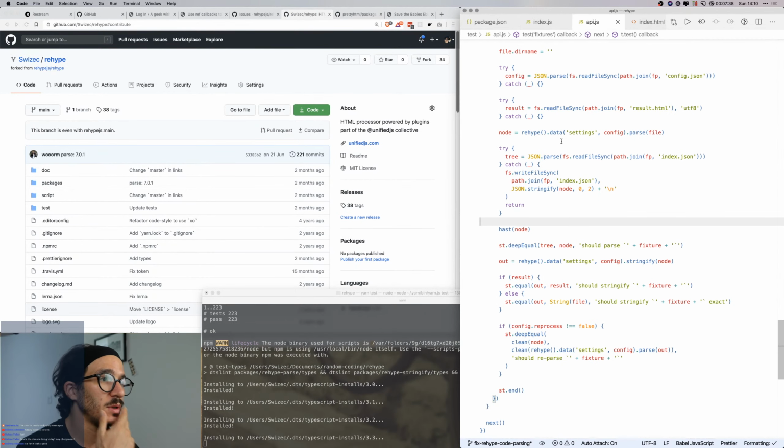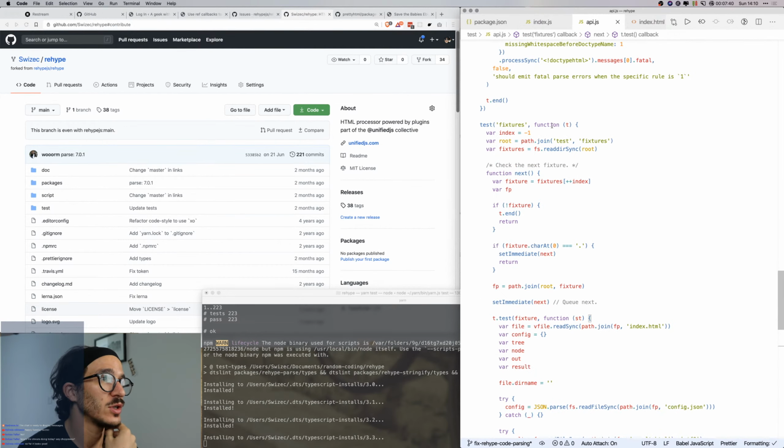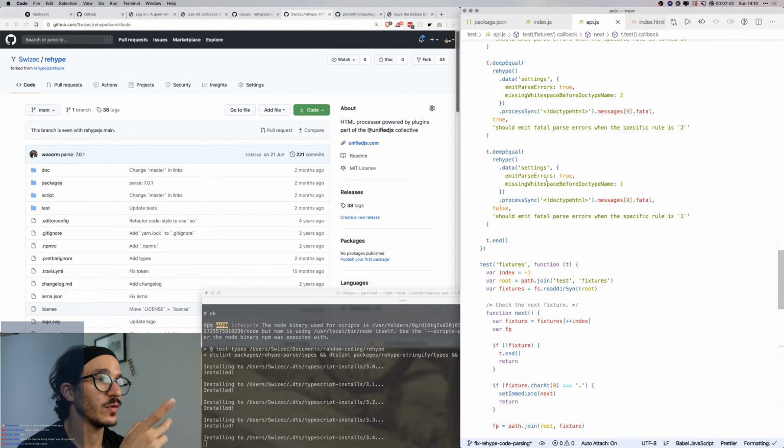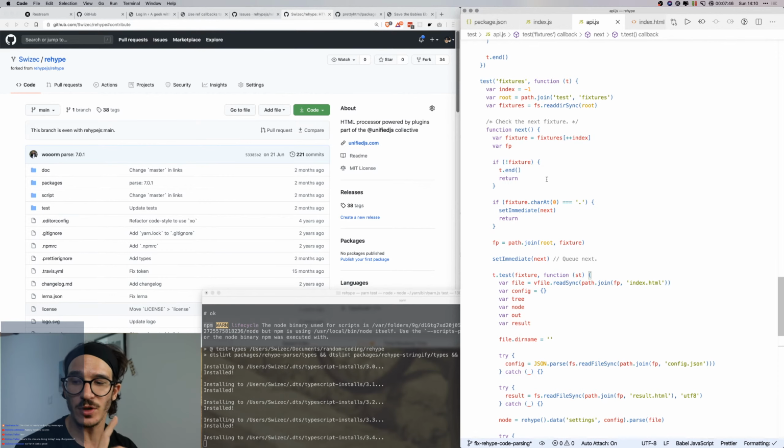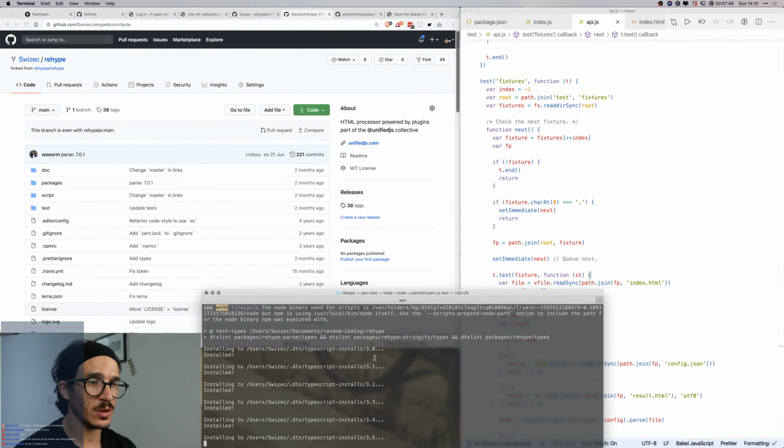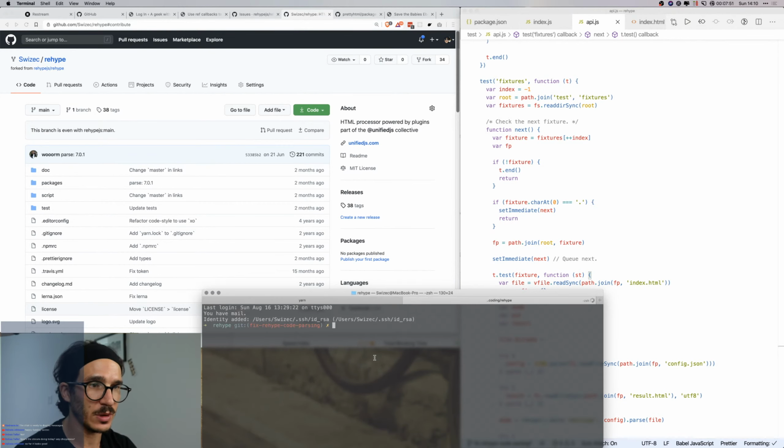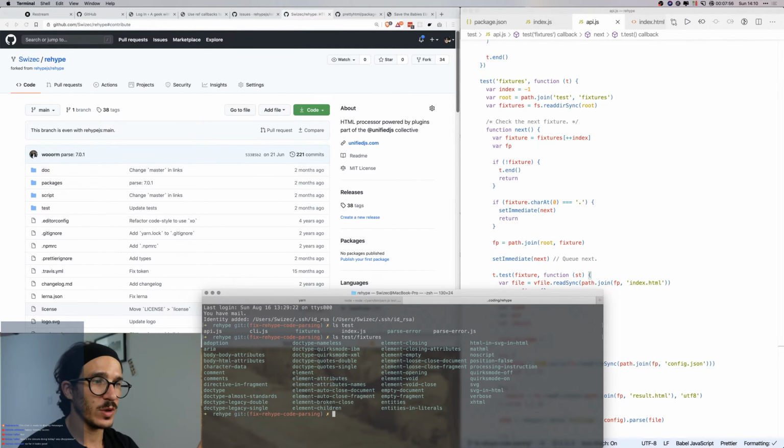So I think we're gonna be doing stuff in api.js. This is the test for the fixtures. Oh, we're gonna add a new test fixture. Now I remember. So we're gonna need to add a new example here. If you look at the test fixtures, we have examples for all sorts of different situations. So I'm gonna try to take an existing example and figure out what's going on there.